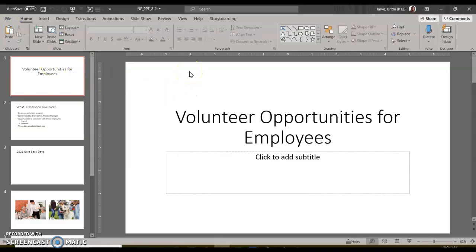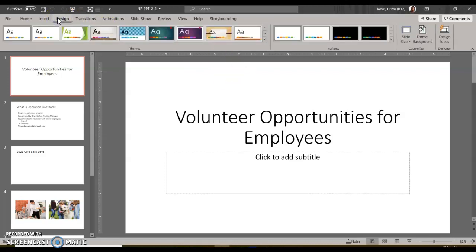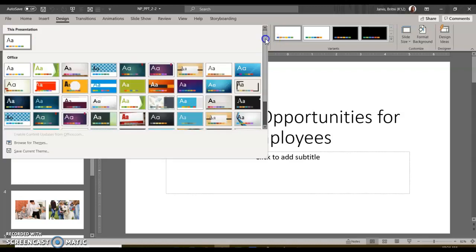Okay, so now that we're ready to get started, the first thing we're going to do is apply a new design theme to the background of this PowerPoint, so it's not just plain white. I showed you last week there are a ton of different themes on the design tab that PowerPoint has preset for you. But sometimes businesses want a universal look to their PowerPoint presentation, so they'll have a custom design theme made for their business,